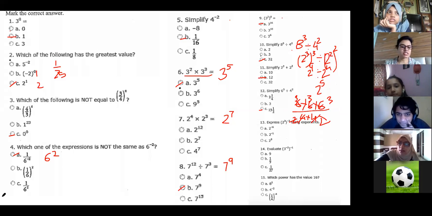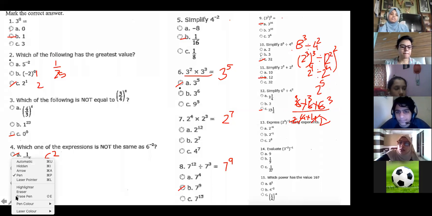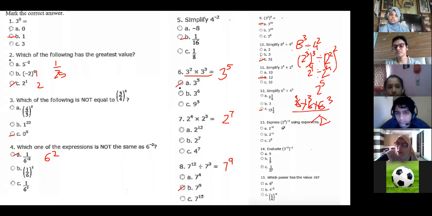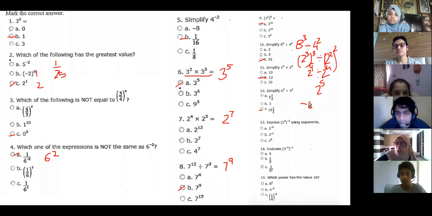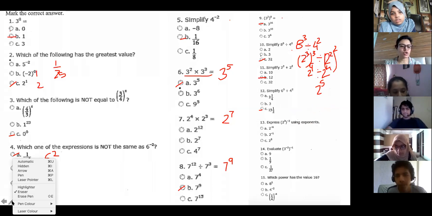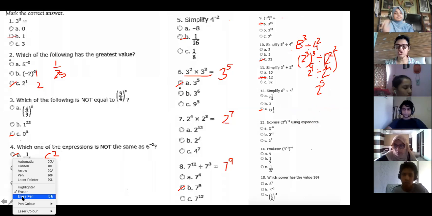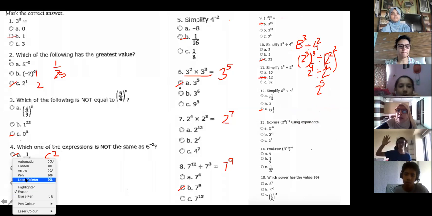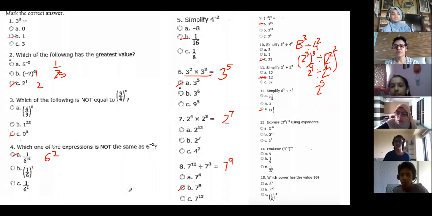Okay, next one. Ma'am, I have one doubt. Yes, Farah. Can we solve question number 12 the way we solved question number 10? Question number 12 we solved just now. Yes, you can solve it like that also, using the law, using the rules. You want me to show how you can solve it? And what is the law, ma'am, for division? Division law is when bases are same.